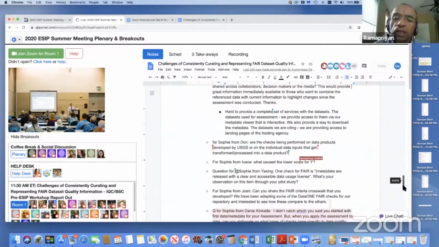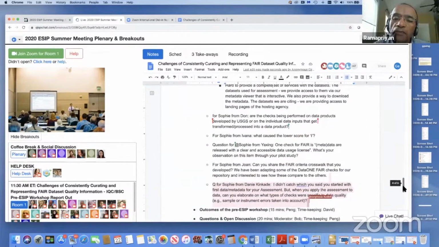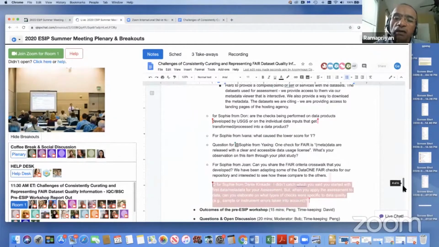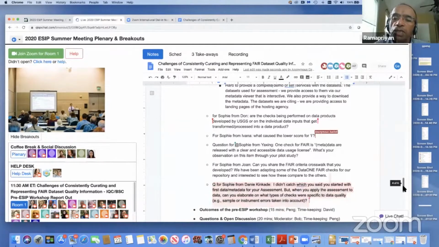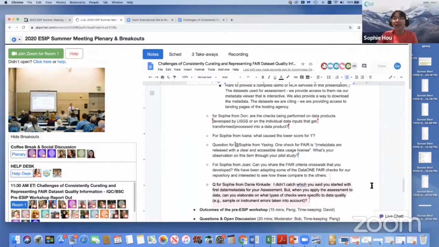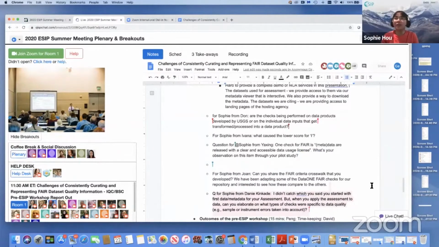Yeah. So let's do one question from Yashing to Sophie. One check for FAIR is metadata are released with a clear and accessible data usage license. What's your observation on this item through your pilot study? So Sophie. Sure, thanks, Rama. And Yashing, in terms of the